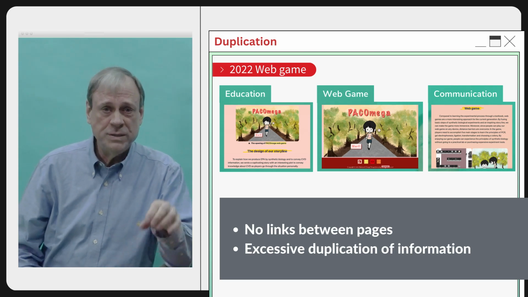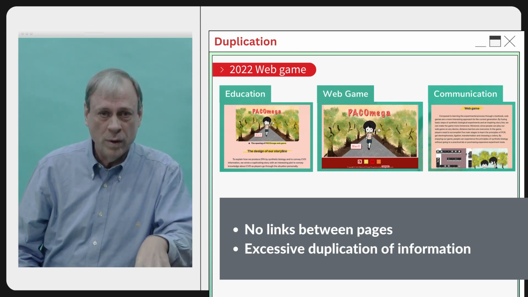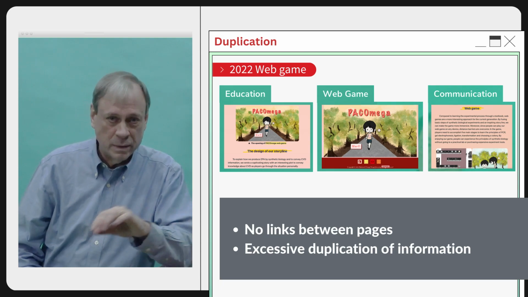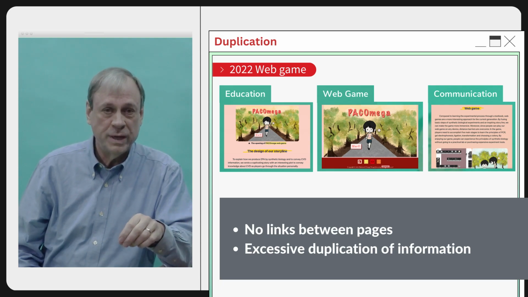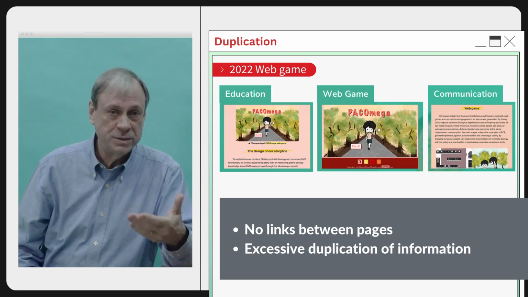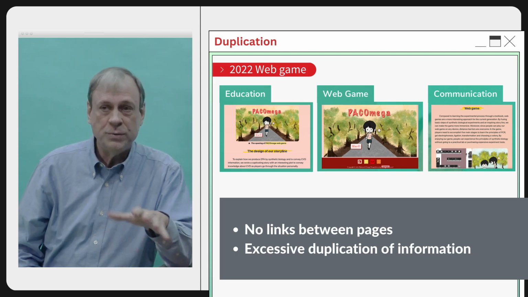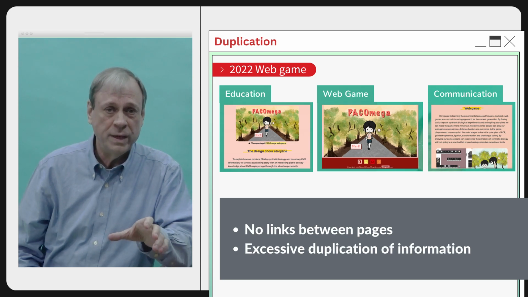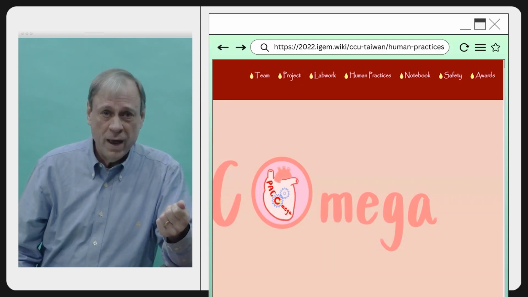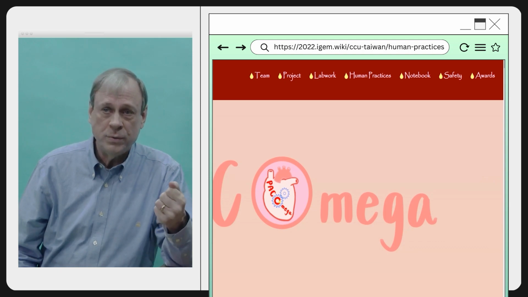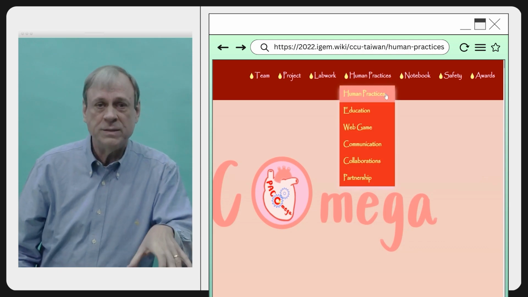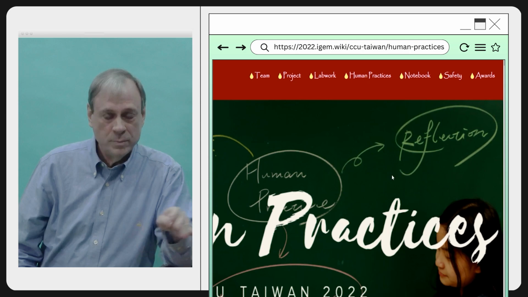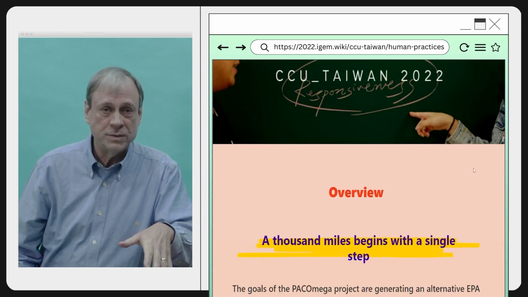It would be much easier to put all of that in one main page and then link the education and communication, which are the standard pages to convince the judges, to the main page showing the data for the web game. Similarly, for the human practices, in 2022, the human practices page primarily listed all of the consultations,